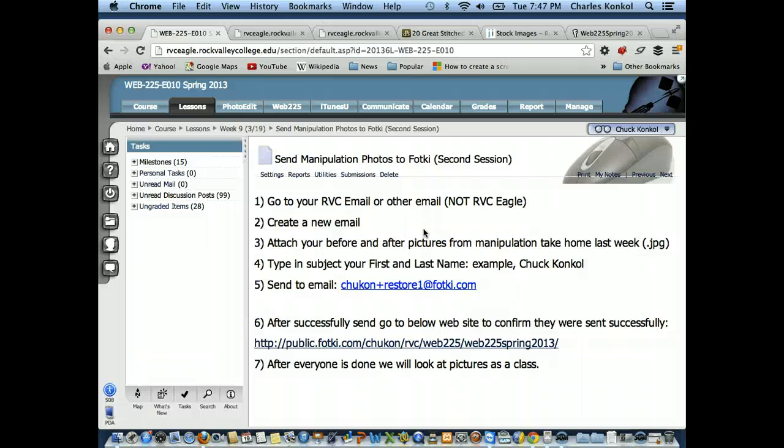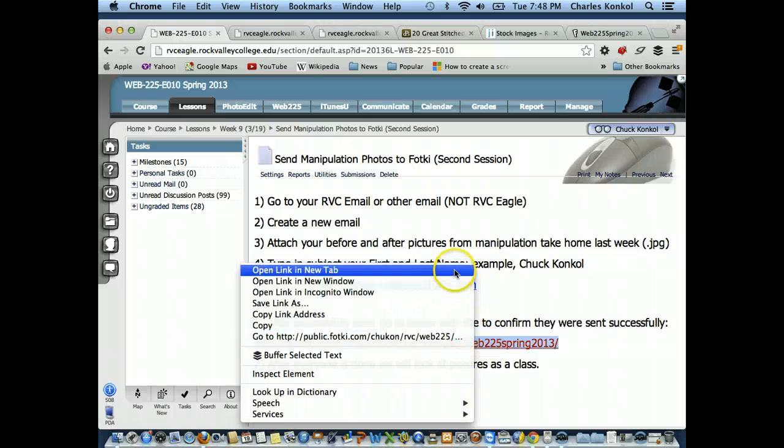You'll put your first and last name in the subject line. You'll send it to this email address, chuconplusrestore1@foki.com. That's a to address. And then after you successfully have sent it, you can click on this link, and it will send you to